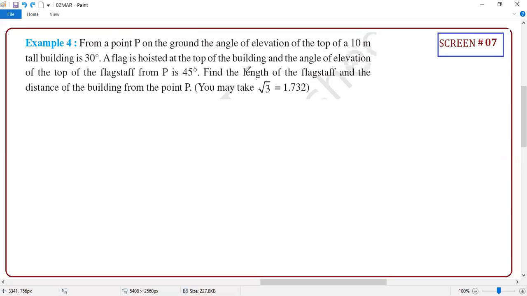You know the combined total marks I gave you. How much is the total mark? 12 marks, correct or not? Introduction to trigonometry and application of trigonometry combined are 12 marks. Which means you are getting a great opportunity to get 6 marks from the application of trigonometry, right? And the big question, the majority we are expecting from this chapter, right? Okay. Any doubts? Shall we start?